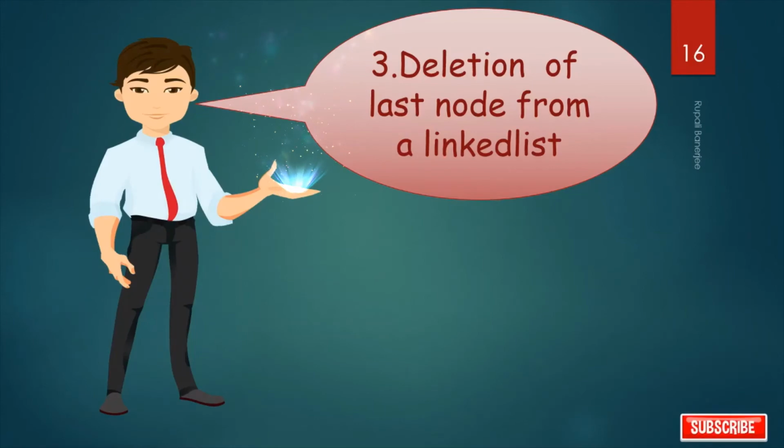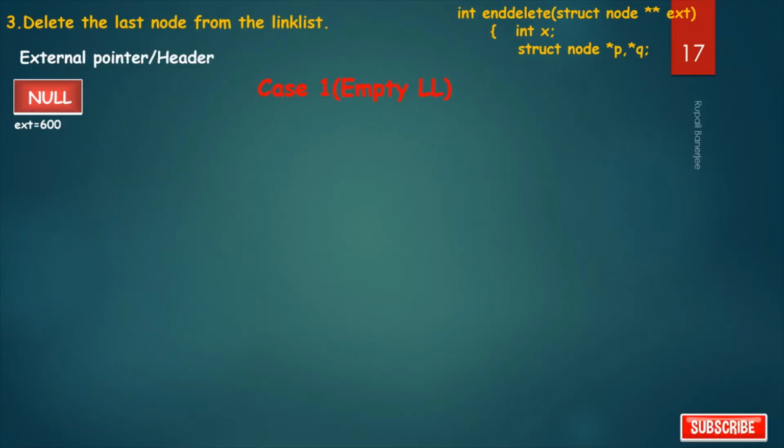Our next function is to delete the last node from the linked list. So deletion of the last node from the linked list. The function name is ndelete and the return type is integer. Why so? The info portion of the node which we want to delete will be returned to main, or wherever this function is called. So the return type is integer because it is our integer linked list, all info are integers. So the value returned should be an integer, that is the deleted node's info portion.